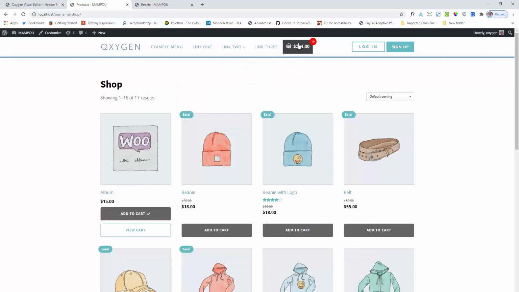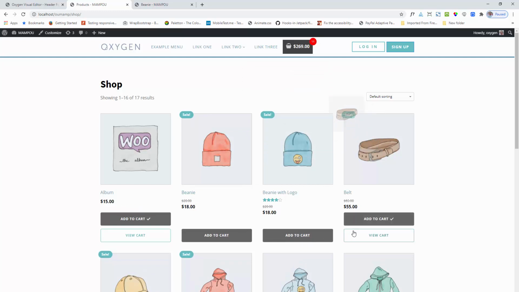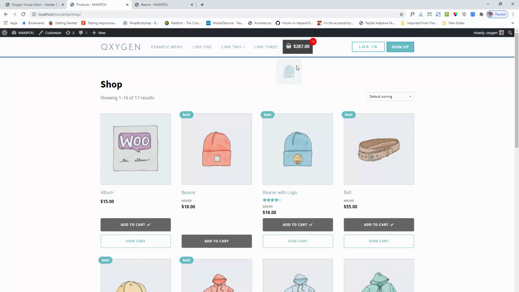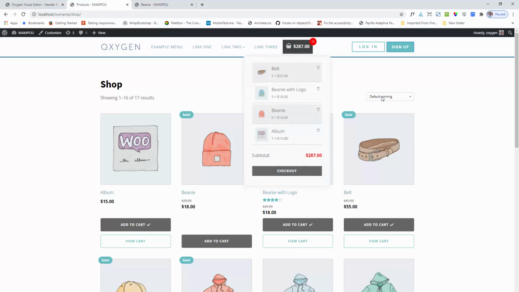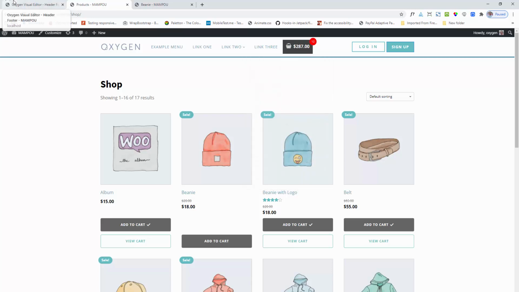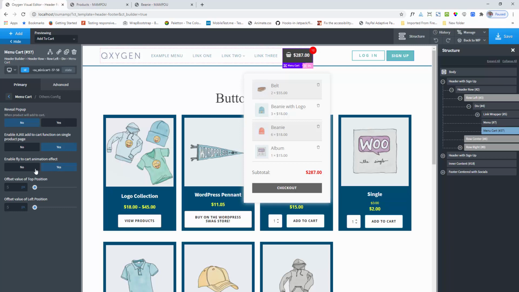You can see the animation effect. Here it is moving to the image on the cart button position. So these are the features of the menu cart component.